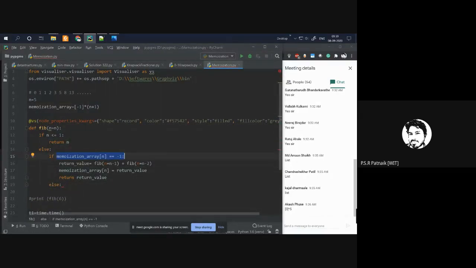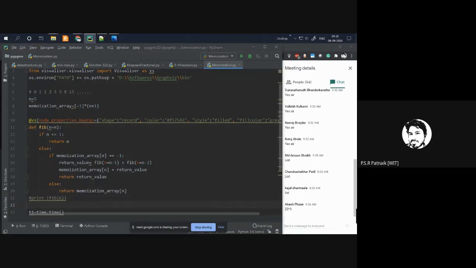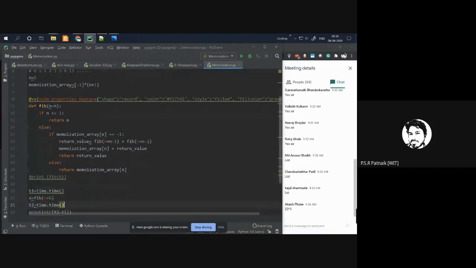It means that I have already computed the value for this n. What should I do here? Directly return the value. Don't call any recursion stack. Directly return this value. It means that you have already computed that. If it is not -1, you have already computed. Directly return the value. Okay, got this?